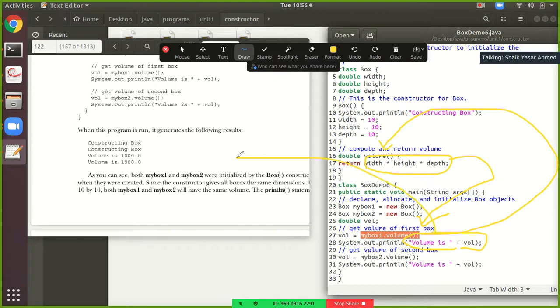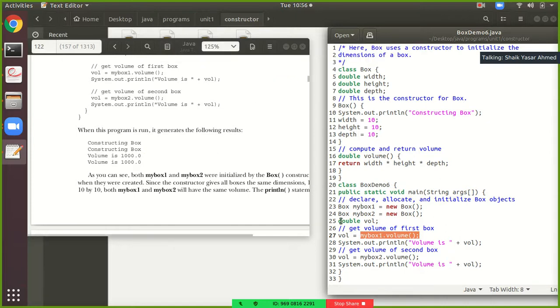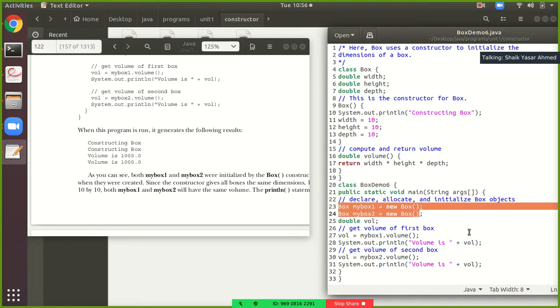Now at line number 28 it will print this message. I hope you all have understood this. It is printing this. The same thing is with line number 30 and 31, I need not explain that. So now I hope you all have understood what actually is happening with the execution. This was very important, the one which I have explained now, lines 23 and 24. Okay, now that is done.